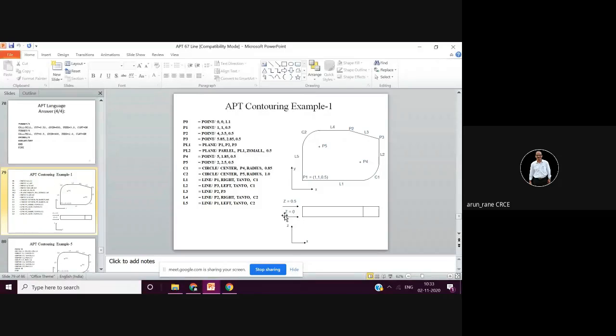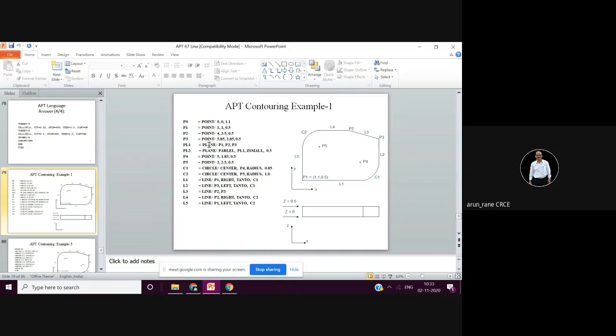Now in this particular example, the Z0 is at the bottom of the face here. Okay, so 0.5 above. So that means top face. So you can make Z0 here or you can make Z0 here also. It's up to you. Then plane 1.